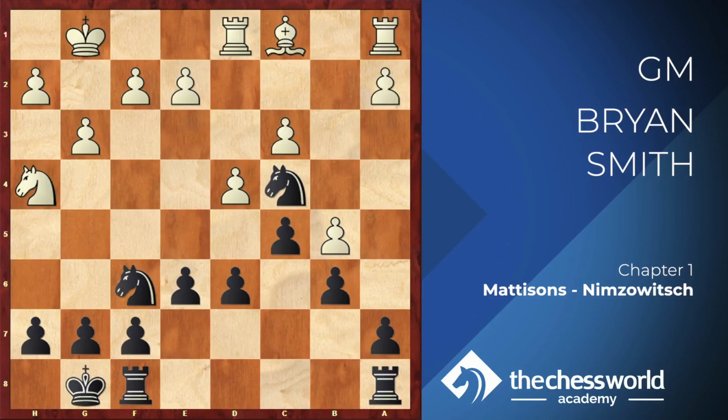The bishop has no targets, and the knight, meanwhile, on c4 is on a very strong and invulnerable square. There are further weaknesses in white's position that allow black to use the knights to create quick threats, c3 in particular, and also the b5 pawn, as we'll see in a moment. So here, it might be natural to play knight d5, and in fact that move is probably not so bad,